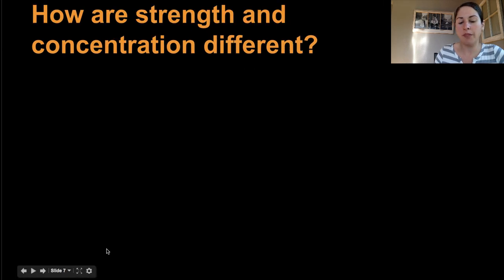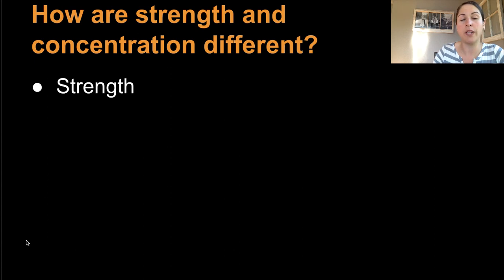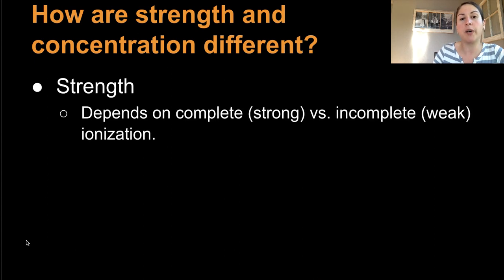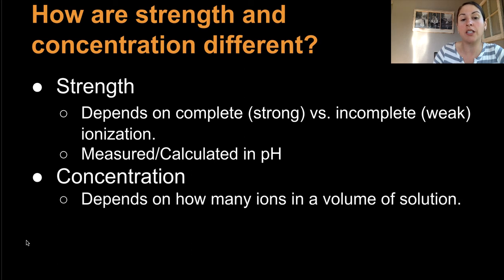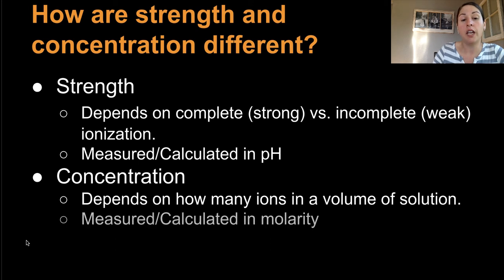Okay. The last thing that I want to talk about is how strength and concentration are different. We've talked about strengths, and we've been talking about concentrations of solutions for quite some time. Strength depends upon complete or incomplete ionization, and that's the strong versus the weak. We calculate it using pH. Concentration depends on how many ions in a volume of solution have dissolved,